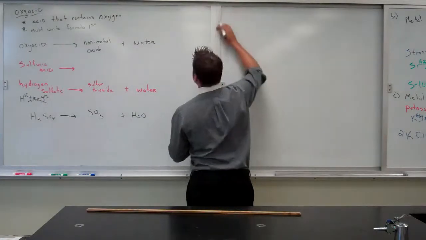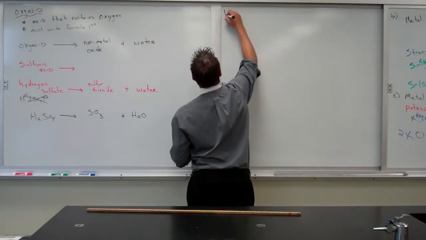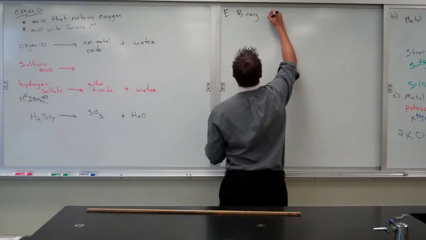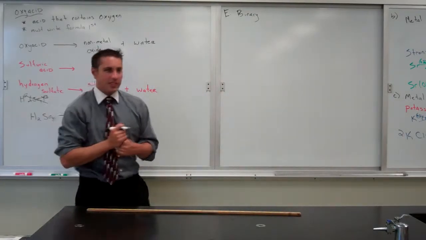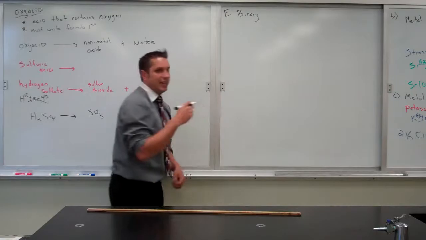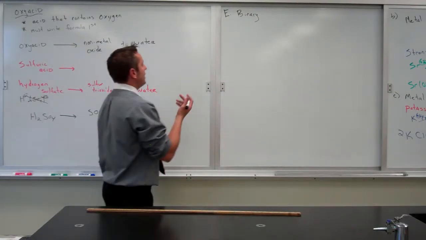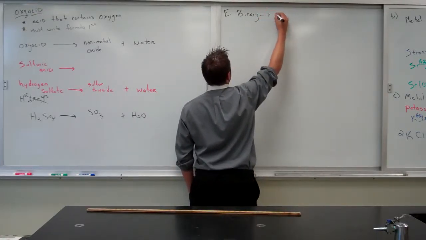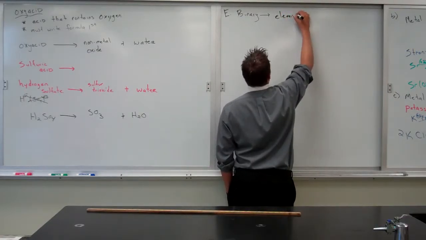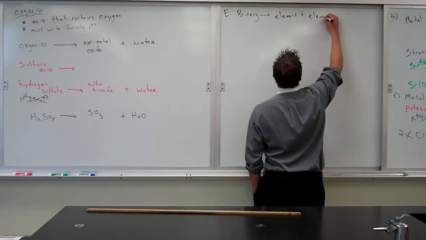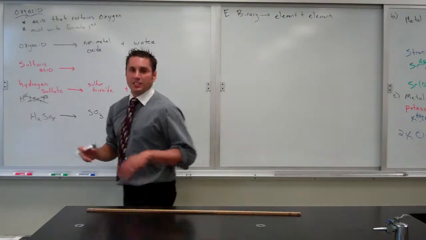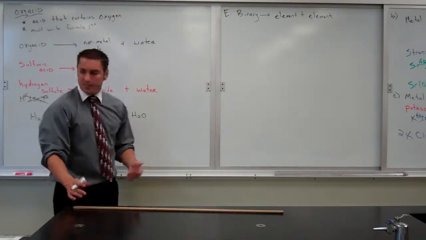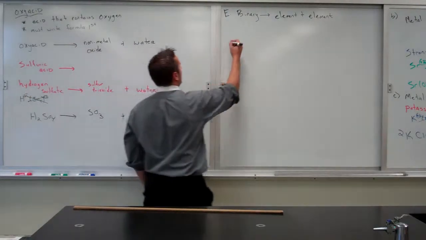Last type. And this would be letter E, called binary. A binary decomposition, for lack of a better description, is all of the others. It always is not one of the other ones. Binary always breaks up into an element plus an element. So the reason I have the checklist is to eliminate everything to arrive at the fact that it might be this one. For instance, if I saw something like barium bromide,